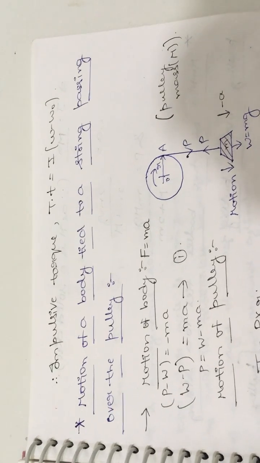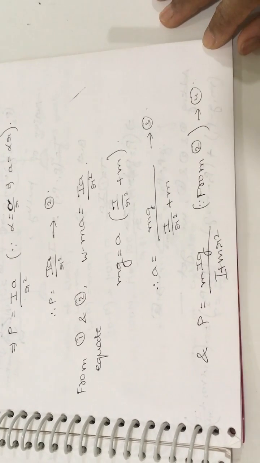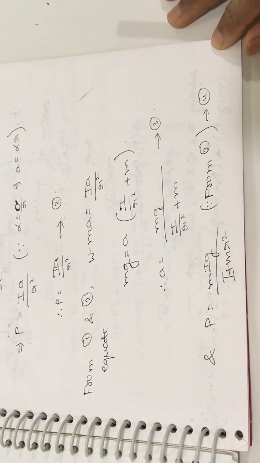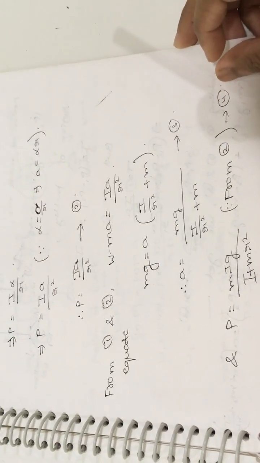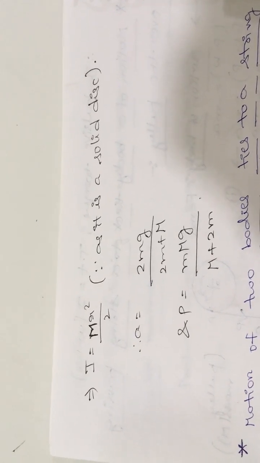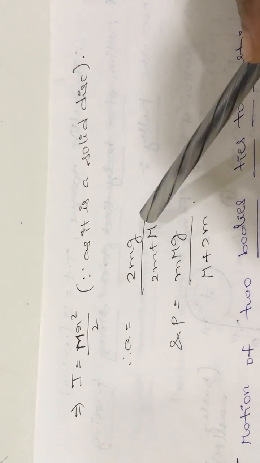Once again, see the derivation part. This is the motion of the body tied to a string passing over the pulley. Here only one pulley is there and only one body is there. So consider the motion of the body and the motion of the pulley separately. You will get the two equations, and by equating them you will get the acceleration and P force formula in terms of the small m and mass moment of inertia. And we know that the I formula is mr square by 2. By substituting the I formula, we will get the acceleration formula and P formula in terms of small m and